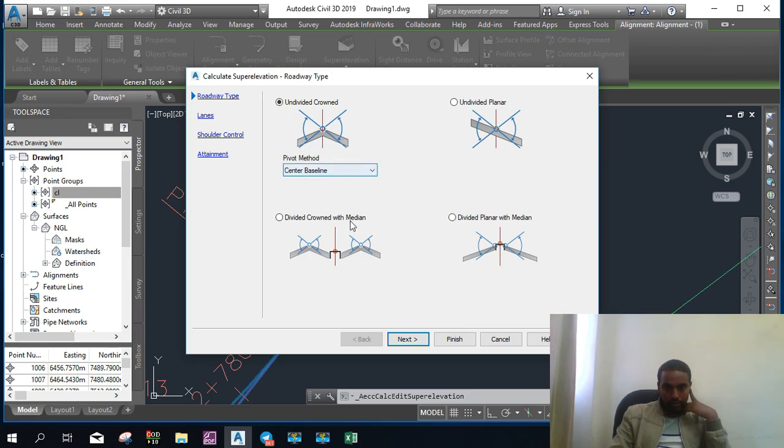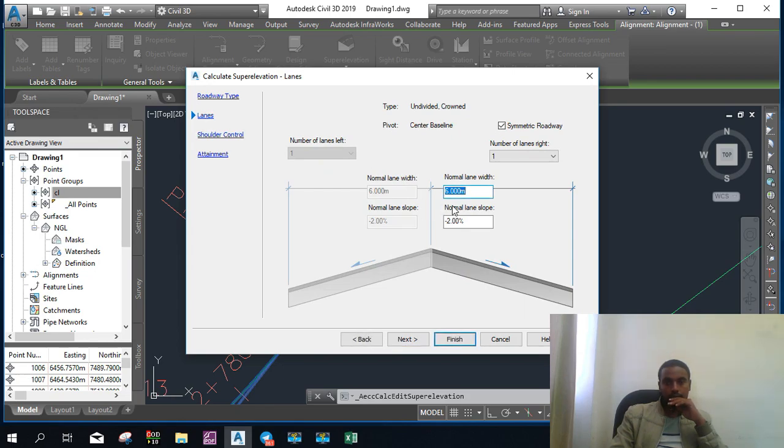Then there is a divided crown, and if there is a median, based on this manner I have to set this. There is a number of lanes I have to set, so mostly the number of lanes